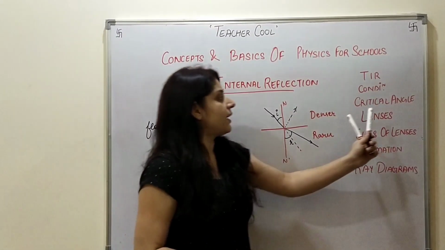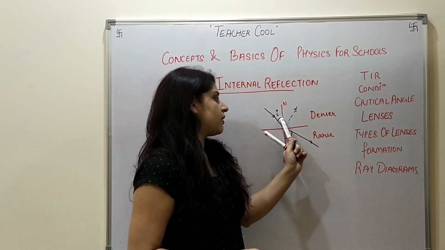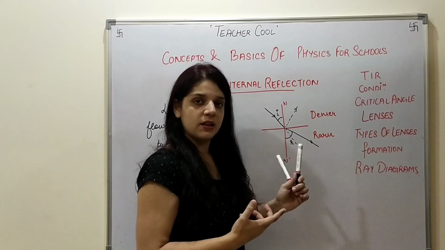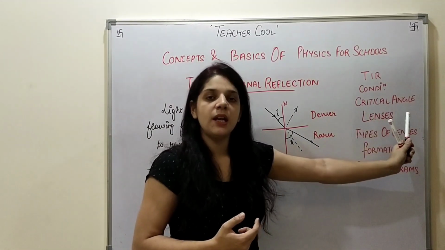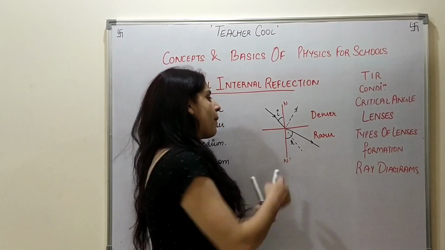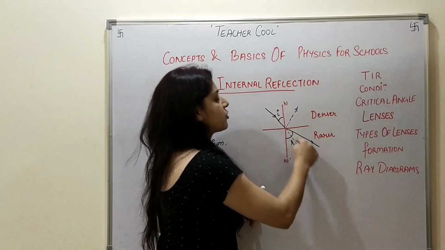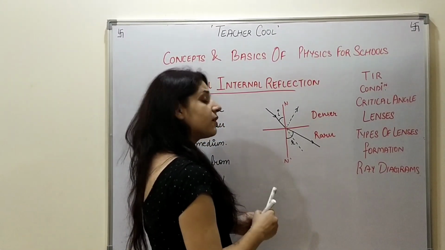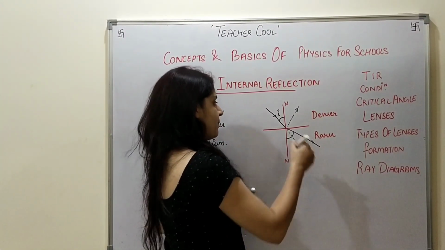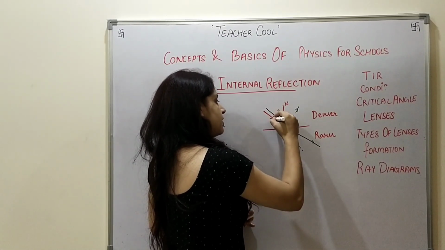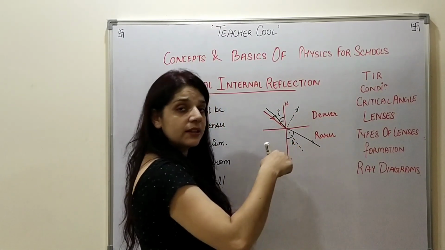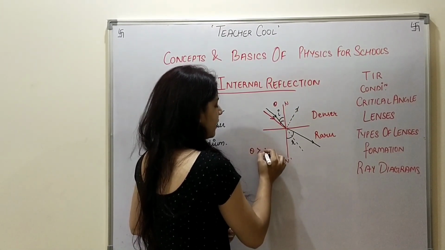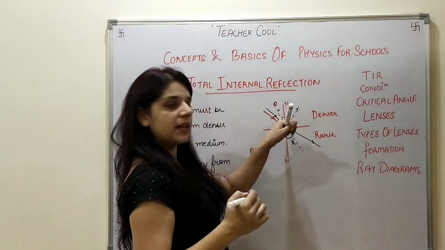But suppose now we keep on increasing the angle of incidence. Now this is the last angle, which is the critical angle, at which my ray is actually getting refracted. But in case I increase this angle any further, suppose this is my angle, which I name theta, and theta is greater than the angle of incidence, the one which was this.